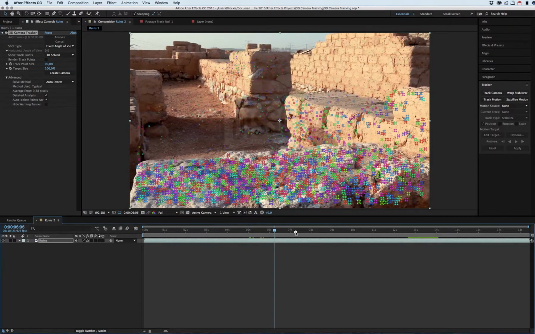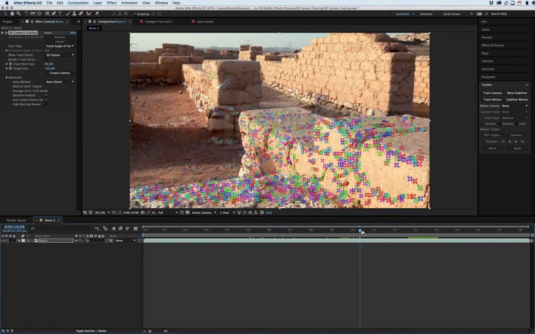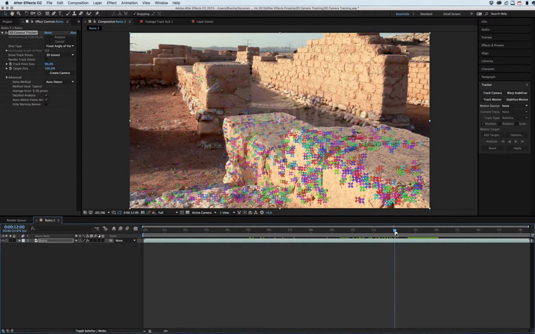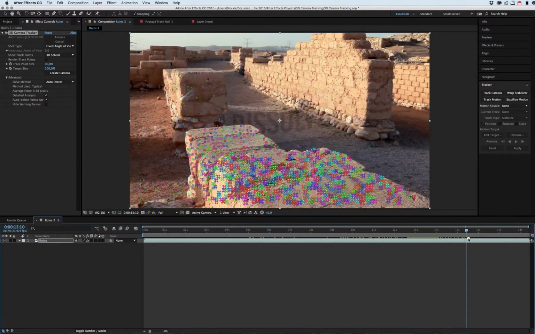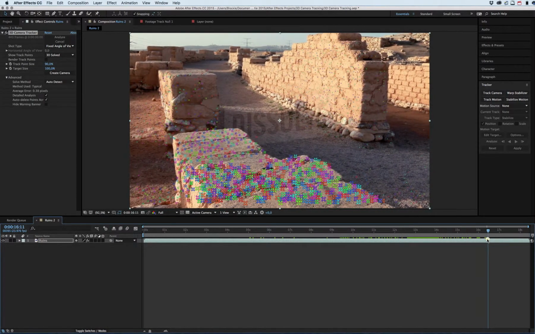And what I'm going to do is hover over my footage and have a look at maybe some track points that are giving a problem. But definitely what you need to know also is that when, for instance, I select some of these track points here in the back, you can do this with a lasso tool, and when I delete them, After Effects is going to resolve the camera, and that's going to take some time. So in this case, I'm not going to do it